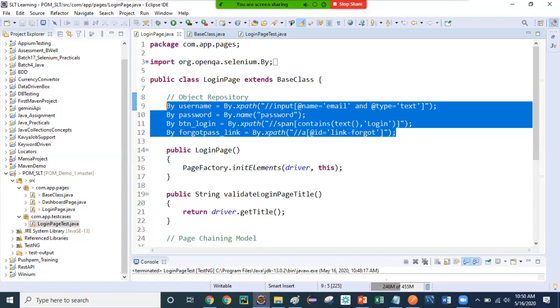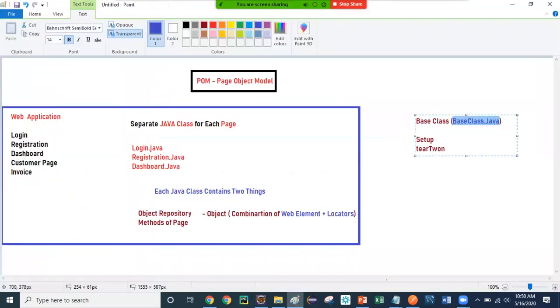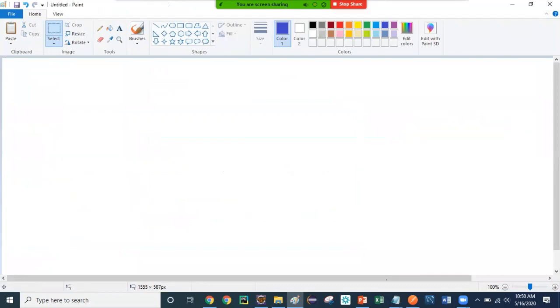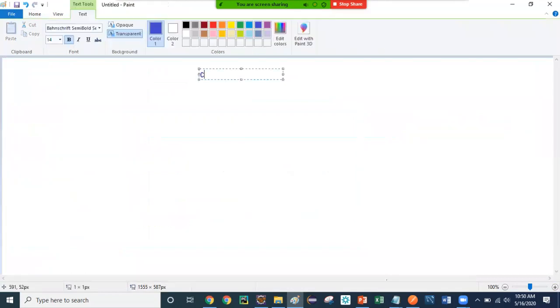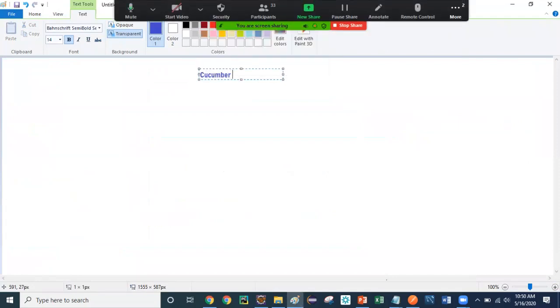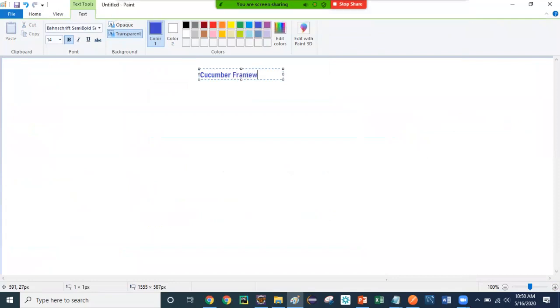Now let's jump to the next topic of today's agenda, which is Cucumber. Let me just delete this one, and we will learn about Cucumber. So nowadays Cucumber is very famous, guys. Why is it so famous? Because the Cucumber framework is very easy. Cucumber is not a framework, sorry. Cucumber is a tool, and BDD is the framework,